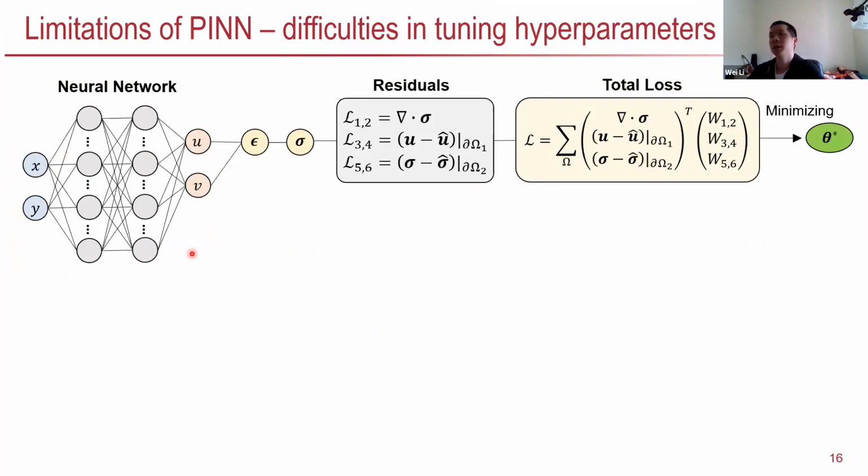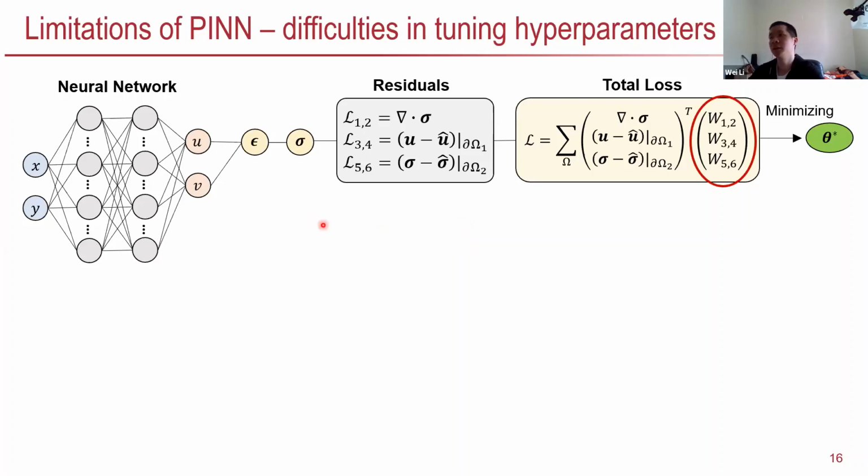This is actually due to the limitations of this framework. If we look back at the framework, I actually didn't briefly mention the coefficients, the weights here. These parameters are actually very difficult to determine. And I guess the error probably comes from how well you determine these coefficients. So we are thinking, how can we improve this framework?